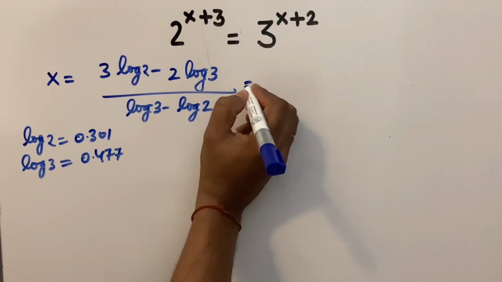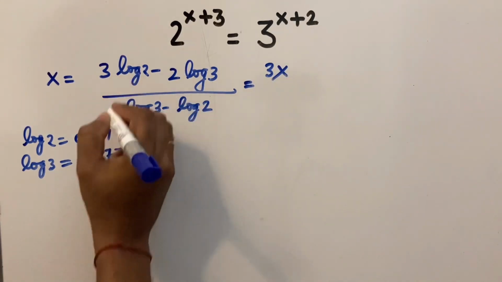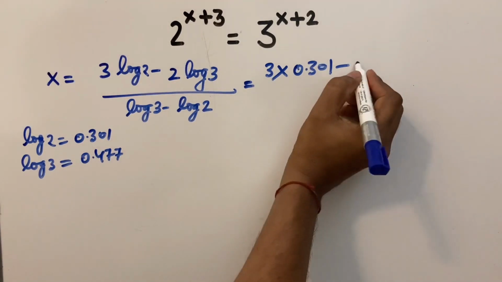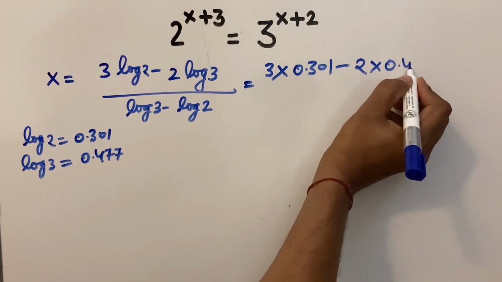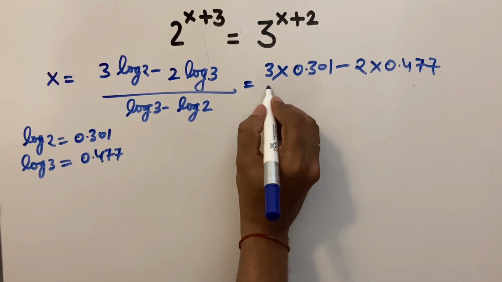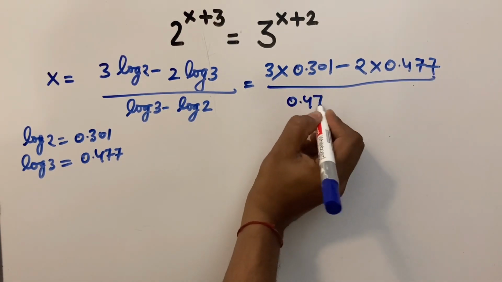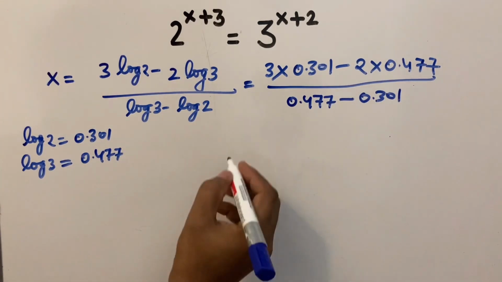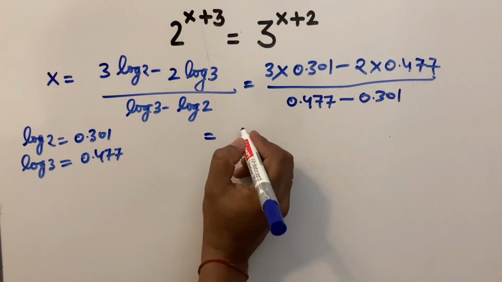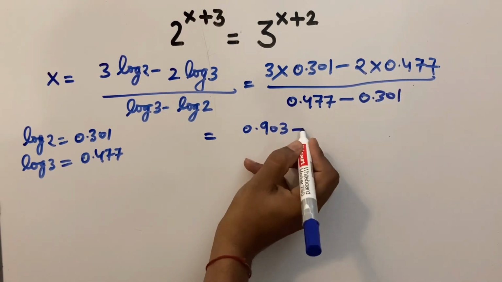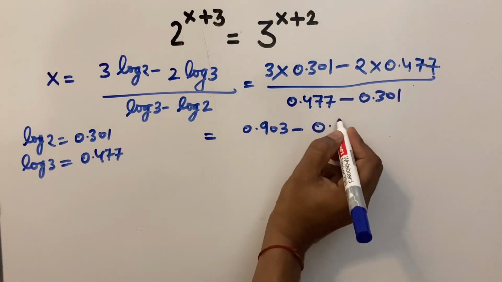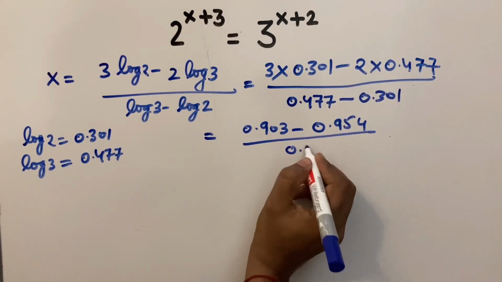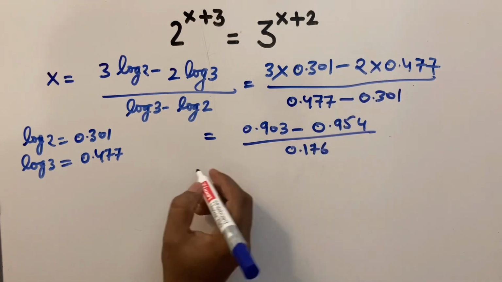Using these here, it becomes 3 multiplied by log 2, which is 0.301, minus 2 multiplied by 0.477, divided by 0.477 minus 0.301, which is equal to 0.903 minus 0.954 divided by 0.176, which is further equal to